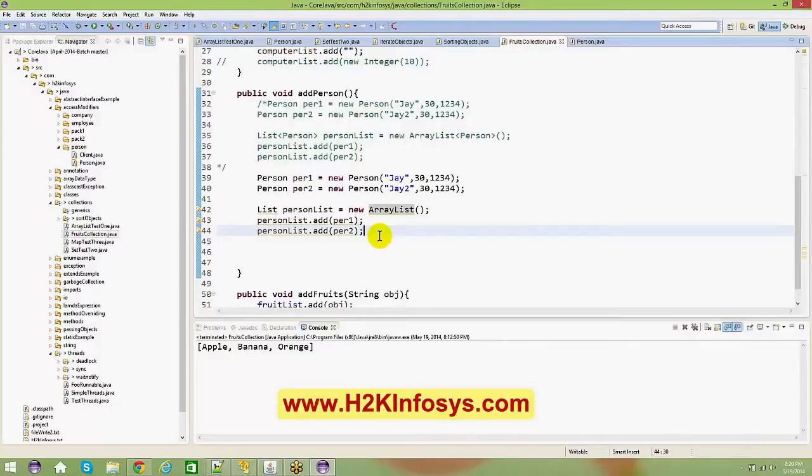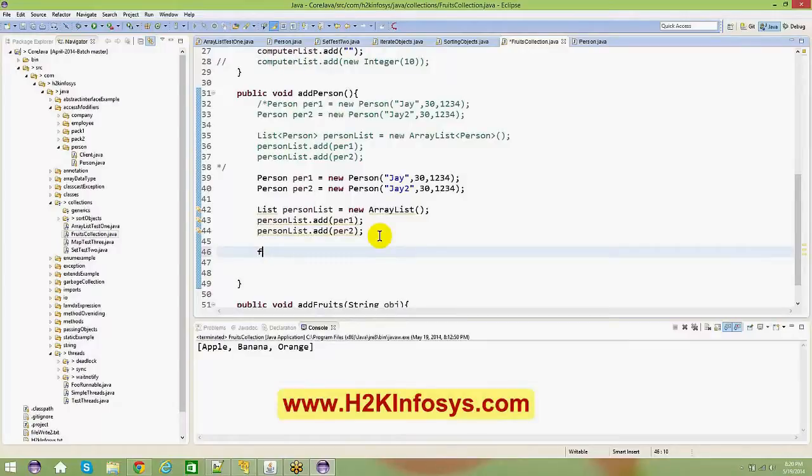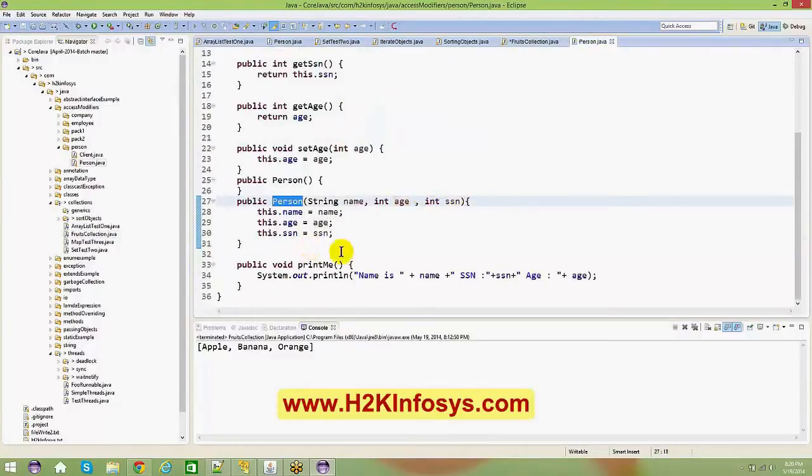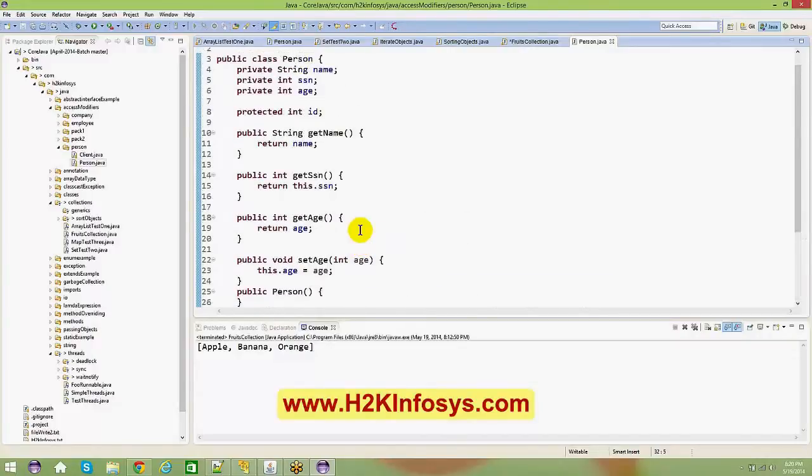We are only going to add a person list here. Okay, now how do you iterate this, right? In order to iterate, you know that you can use a for loop, right? I don't want to put that for loop. Let's say in this person there is age, name and SSN and all,